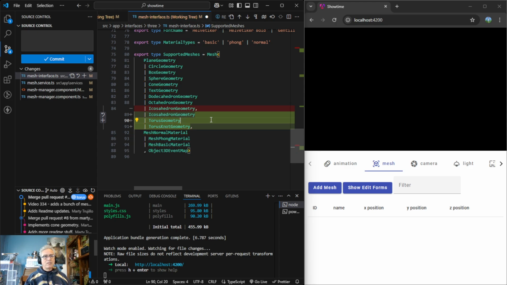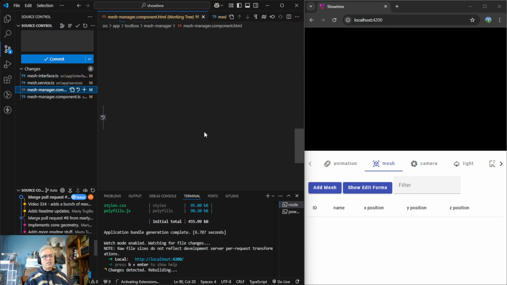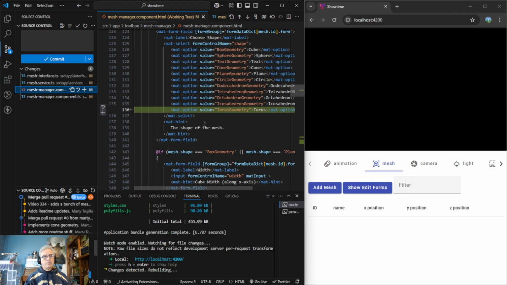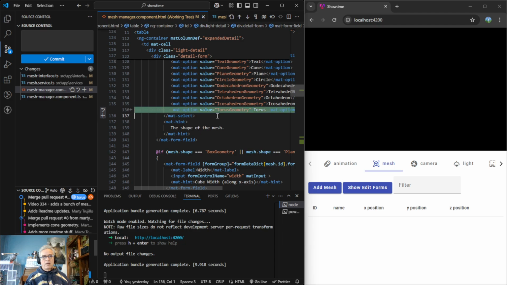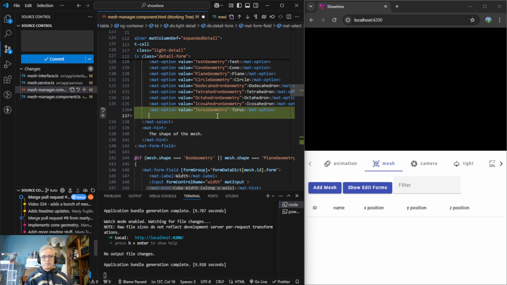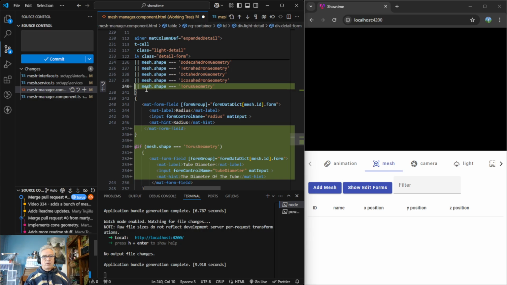All right, so I think we are done in the interfaces. Those are the three. Didn't really have to think too much about it. I think it probably makes sense to do the changes in here, and this is easy because like I said, I don't think there are any new attributes. I hope there's not. If there is, then tomorrow might be a coding day. I think that we will show the radius first for torus knots